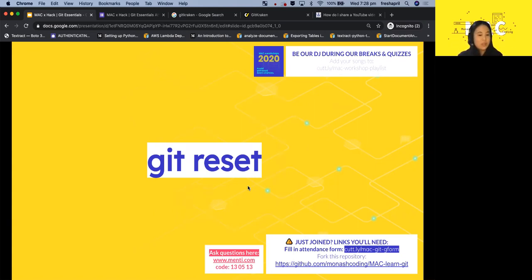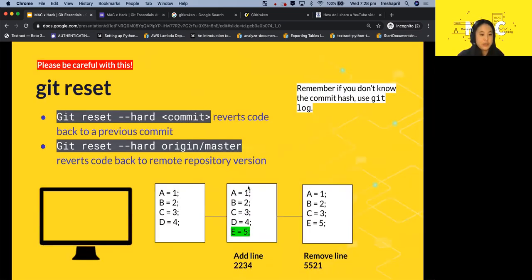But this is only when you've committed it, right? So it's basically you being able to roll back to an older version. And I just want to say anything that is to do with going back to previous versions or kind of messing with your history, you want to be careful with that. So before you do any of these commands, I implore you that you just do a quick Google and make sure that you're typing the right thing, because if you do the wrong thing, it's going to be very hard